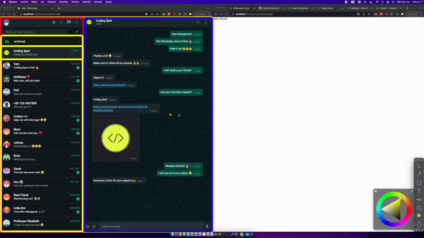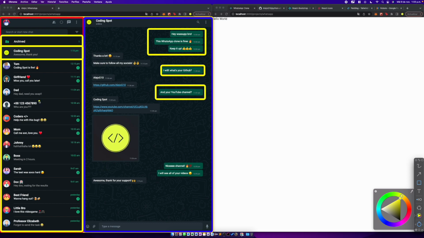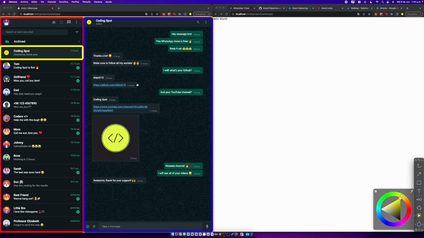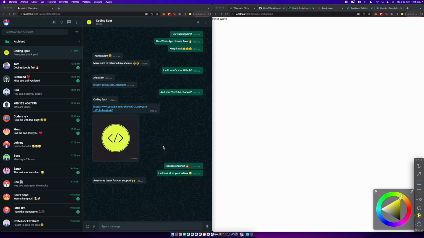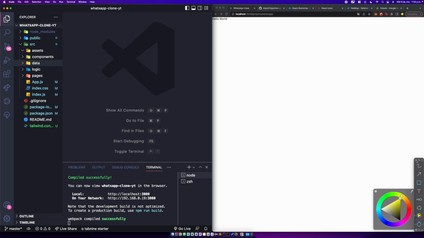We're also on the right section, on the chat detail, we're going to have a message component. So all these things are messages components. What else? We're going to have some buttons components. So I just want you to know that the main application, so the main container, is going to have just two main components: the red one, left menu, and the blue one, the right section or the chat detail. Okay, so with that being said,